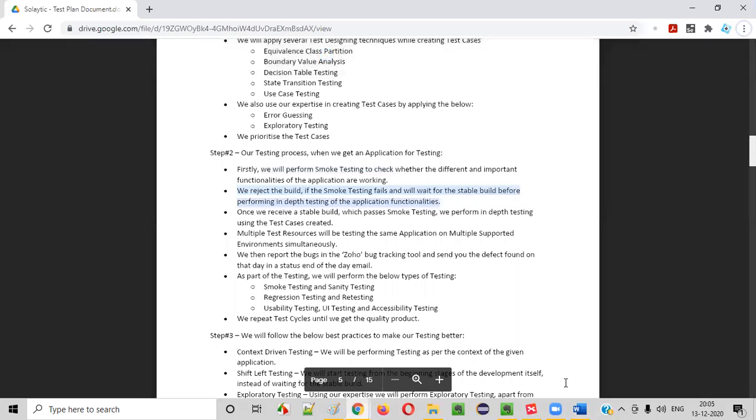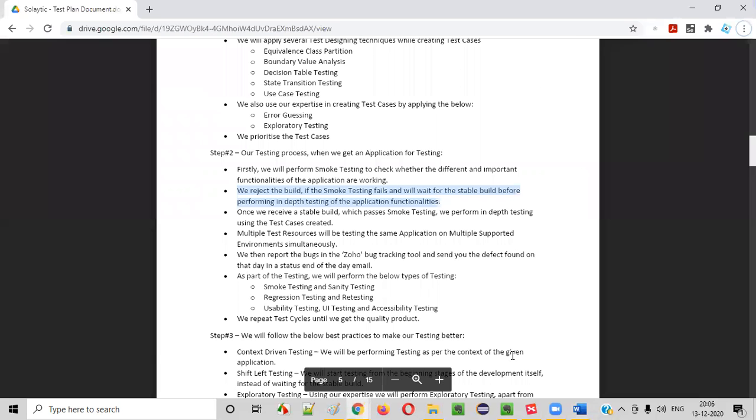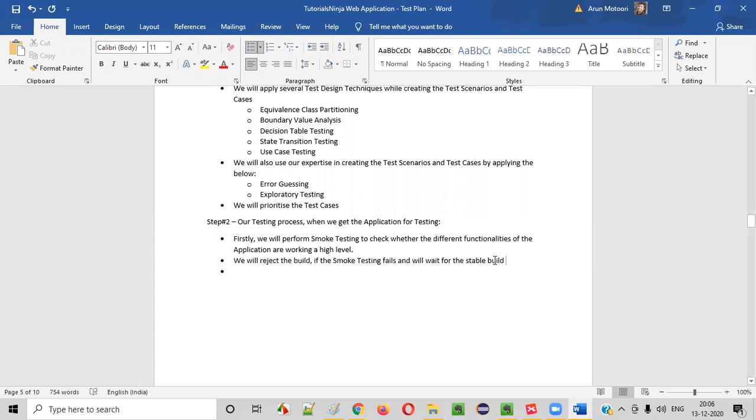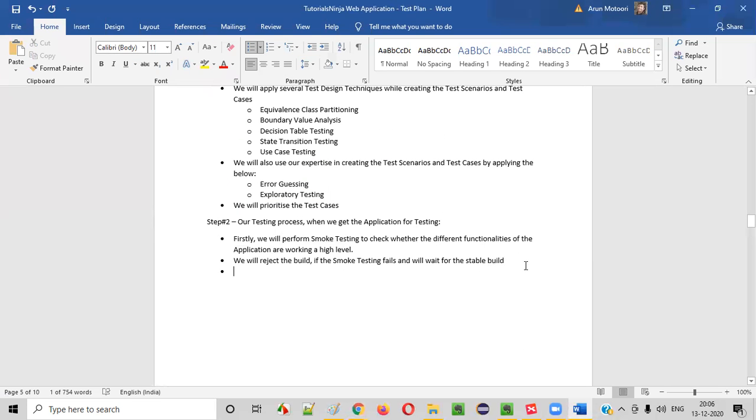We will reject the build if the above smoke testing fails, and we'll wait for the stable build. Build means application, a stable application or stable version of the application, before performing in-depth testing